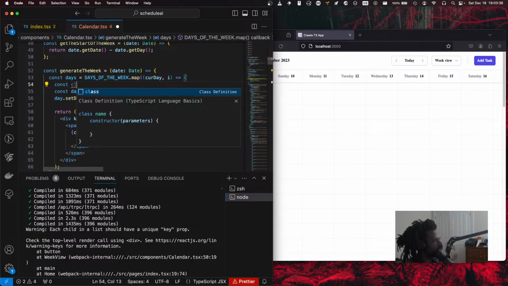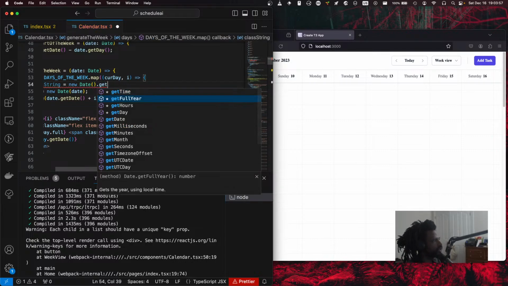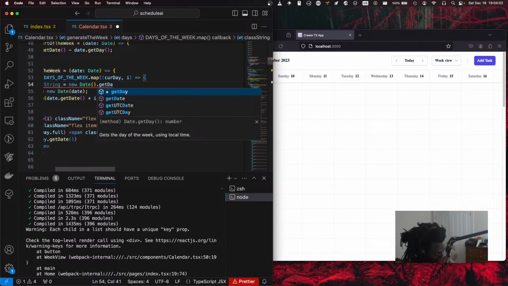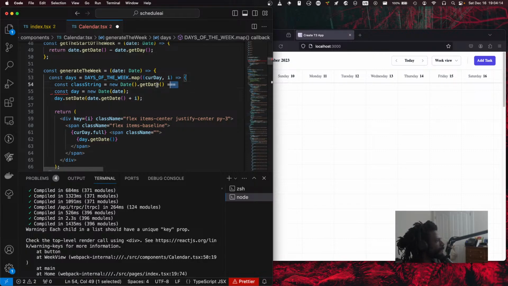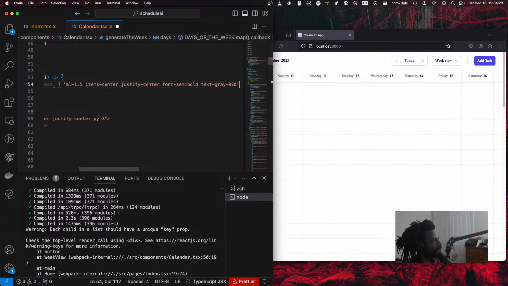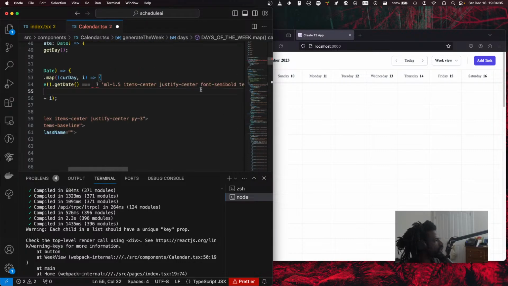We're gonna say class string, and then we're gonna say if current day, if date or not get is equal to, and we're gonna make this rounded full purple semi-bold. If it equals the same